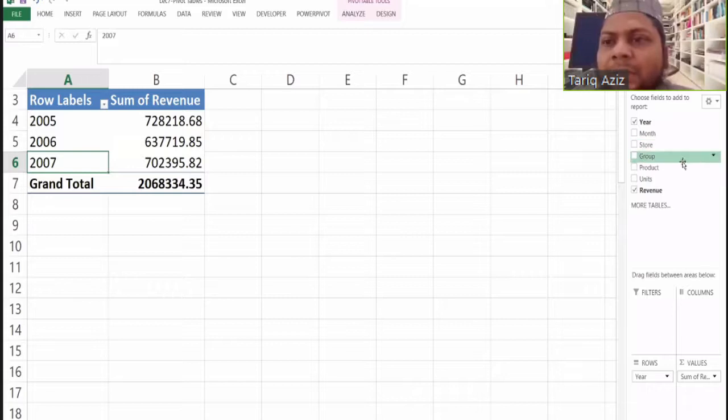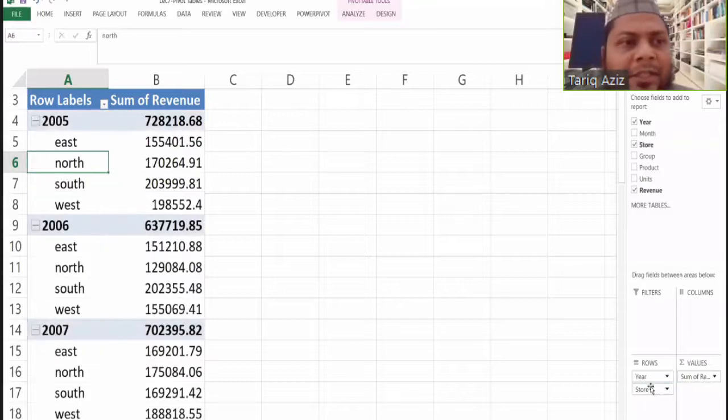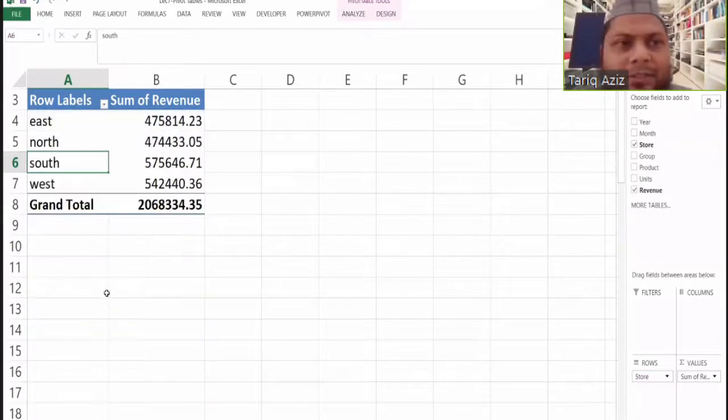Say, for example, if I want the data to be presented store-wise, I mean which store has generated more revenue, we want to look at the performing versus non-performing stores of the company. So I can drag it like this. There are 4 stores, east, north, south and west, and the revenue store-wise has been tabulated here.